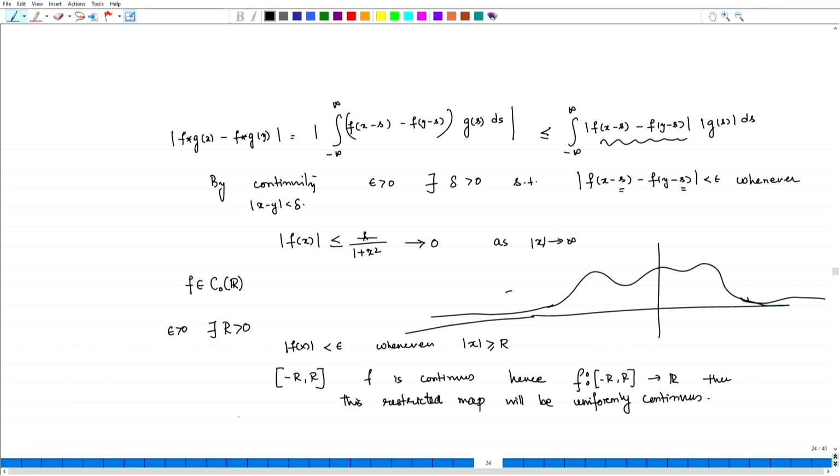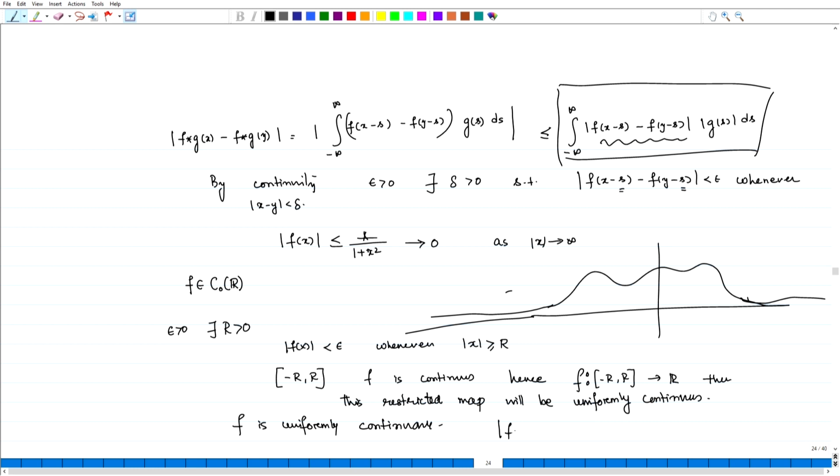So, f is uniformly continuous. Therefore, I can pull out the smallness of f from this integral without having any problem, and thus we get that the modulus of f convolution g of x minus f convolution g of y is less than epsilon times the integral from minus infinity to infinity of mod of g of s ds